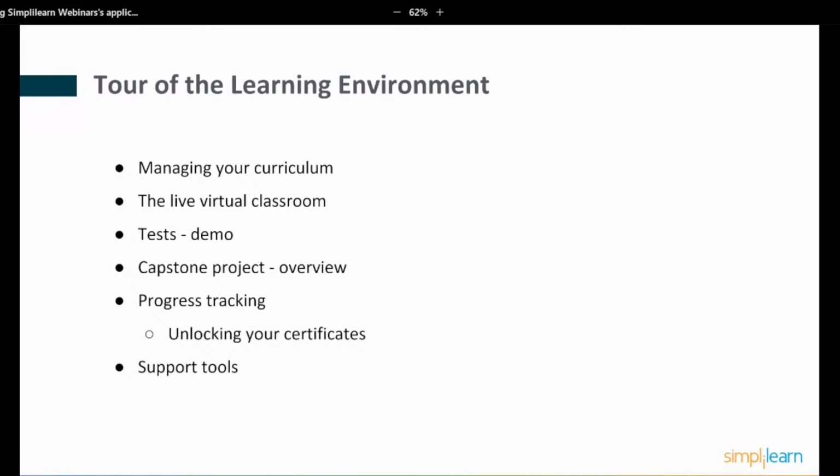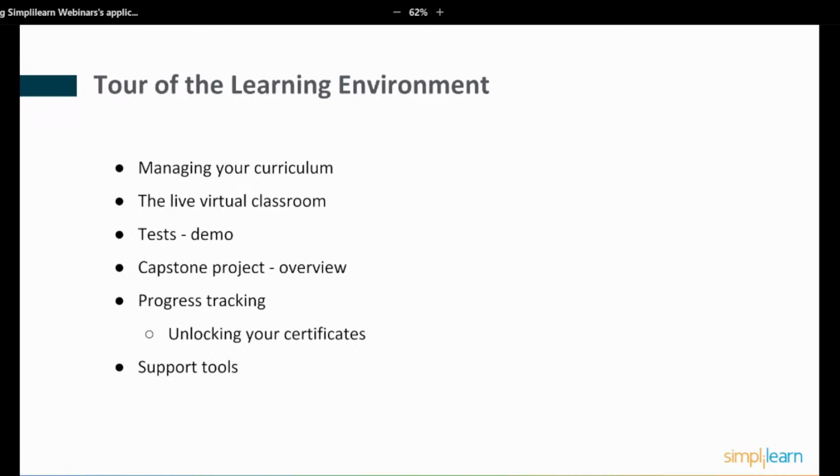This is important because the sequence is designed to build up your set of skills in a stepwise fashion so that you're prepared for the material by the previous courses you took. It all leads up to a capstone project. We'll talk more detail about that in a few moments, but that's where you work with your instructor as a mentor, and you get to solve an industry-aligned problem and create a solution that you can then add to your personal portfolio. Example of your actual working experience in the field.